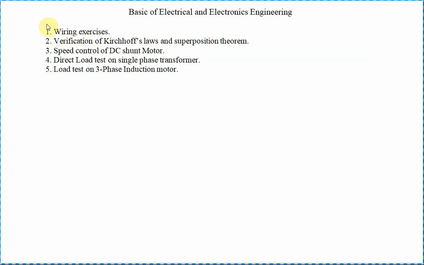Before we look at the wiring exercise, you need to know some basic electrical apparatus. The first is called a tester. The tester is used to find whether the line is available or not. I will tell you one by one. The tester is one of the equipment, and it costs about 10 rupees. It is available as a needle type. This needle you touch to the line, and through your hand you connect to the tester.